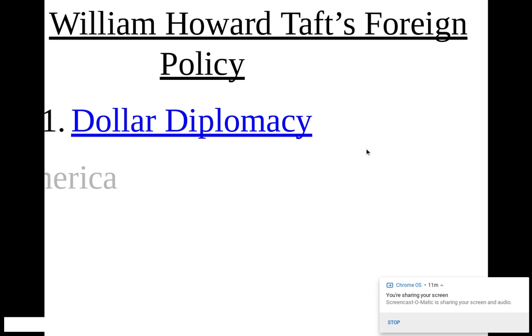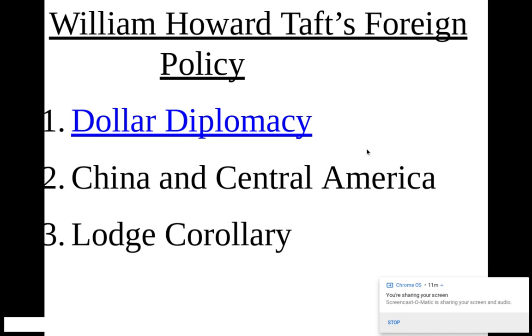Taft's policy is known as dollar diplomacy, and in a lot of ways, Taft's policy is more influential in the modern world than Teddy Roosevelt's. So essentially, and I've got one eye towards the clock, I have about 5 minutes left, William Howard Taft believed that the United States could influence other countries, not necessarily using our military or a big stick, but using money. So if we invest in these countries, if we invest in railroads in China, for example,